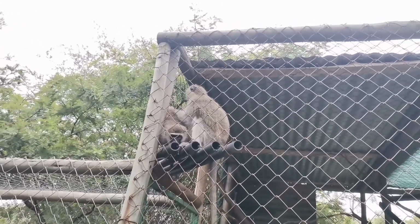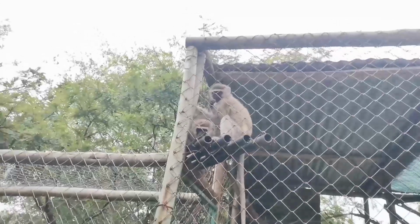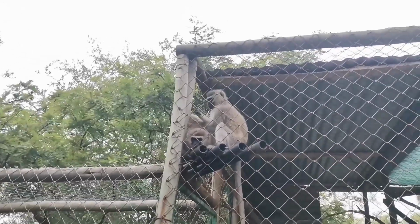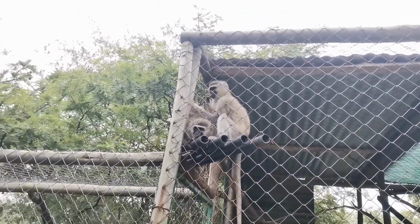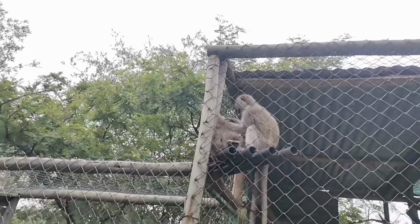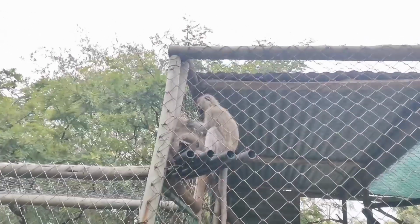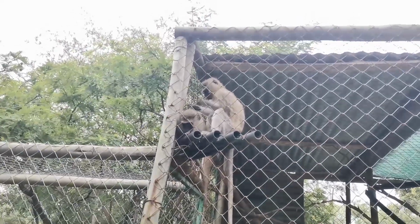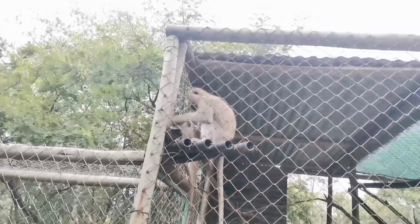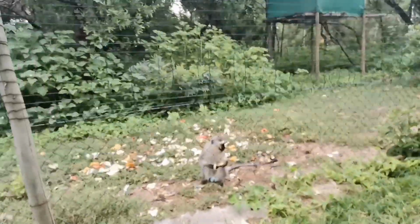So on the right we have Chip, and then on the left we have Mrs. Potts. So Chip also has chronic peritonitis, so it is the inflammation of the abdominal lining, which makes the absorption of certain foods quite tricky for her. But about a month ago or so, she stopped her meds as she was doing a lot better. So usually she would be quite bloated, almost like a balloon, but she's doing better now, so we're quite happy about that. Oh, and then over here we have Red